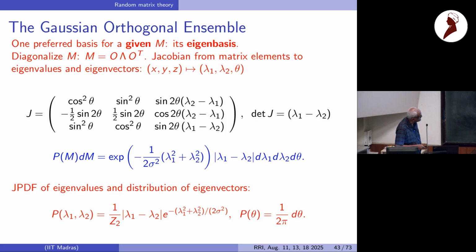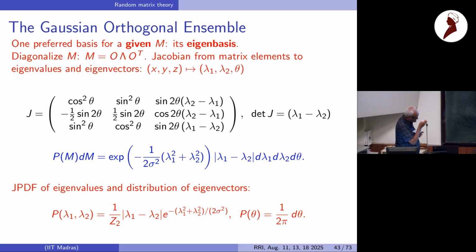Okay, so this is called a Vandermonde factor, and it tells you that the probability of having two eigenvalues which are close by is nearly zero, which is again understandable. You're taking a random matrix, why should you have degenerate eigenvalues? So the probability of finding degenerate eigenvalues is zero. And it is exactly going like this.